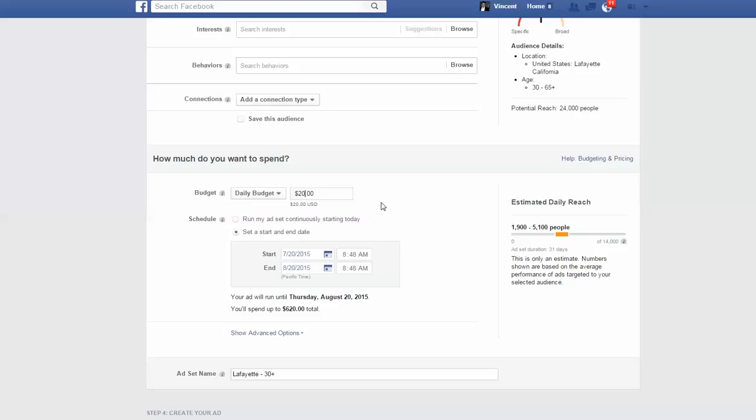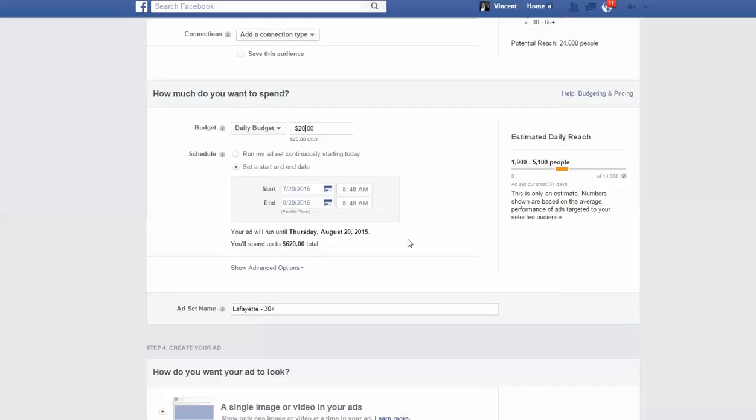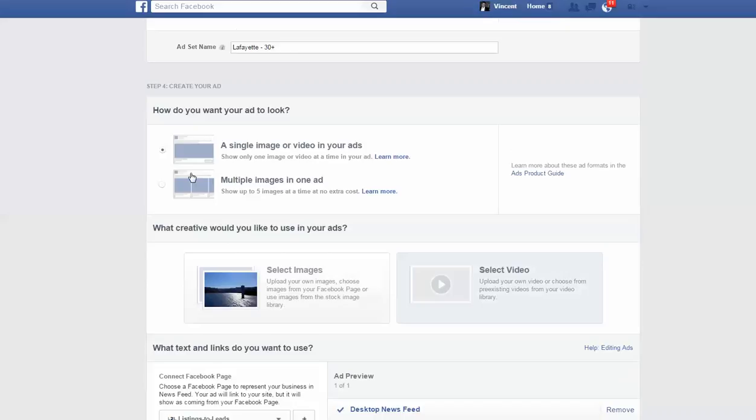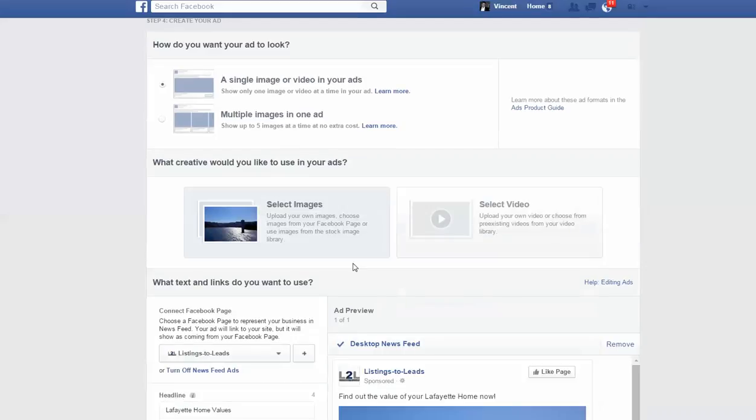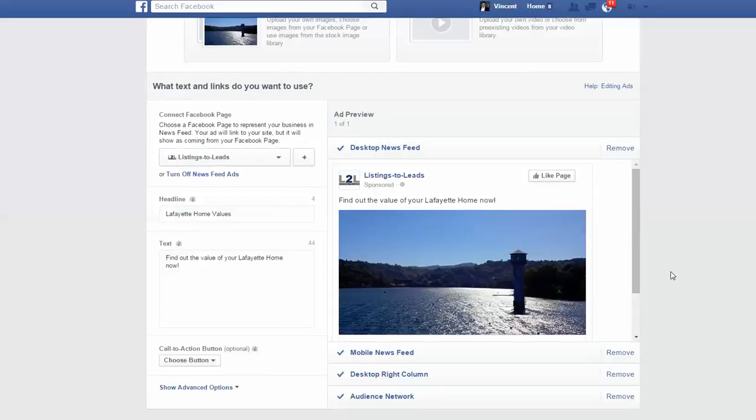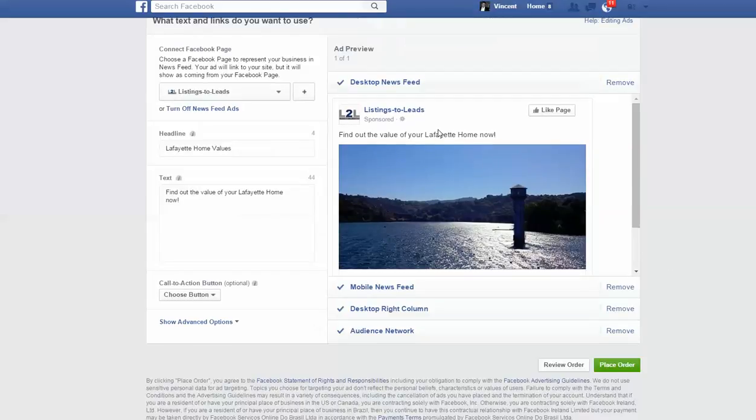You can upload some more images to make it rotate, and that's great. But here's really where the money is. It looks just like this, so you need to understand this, okay? It's going to show the picture, and right here it's going to say sponsored by you, not listings to leads. And there's a concept here I want you to understand. On the left it says text, and if I change this text, it's going to change the language on top of the picture. So I'm going to click here